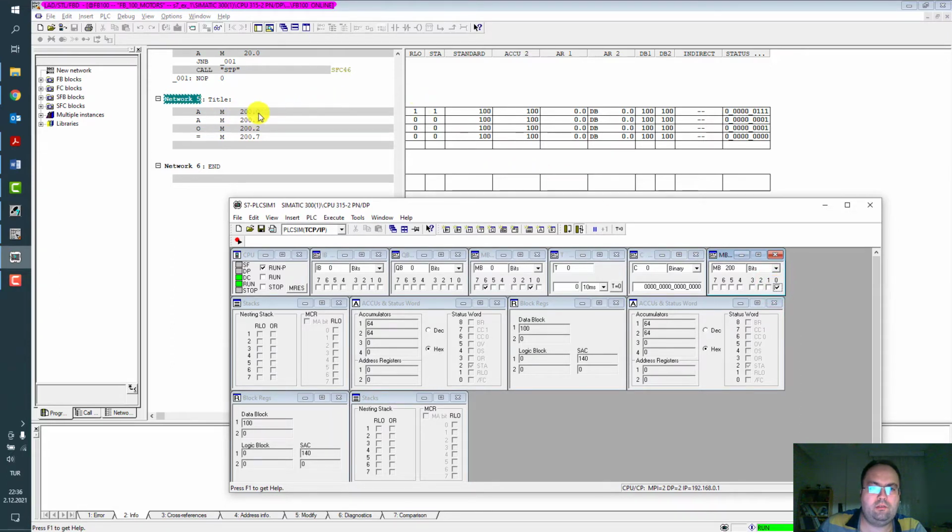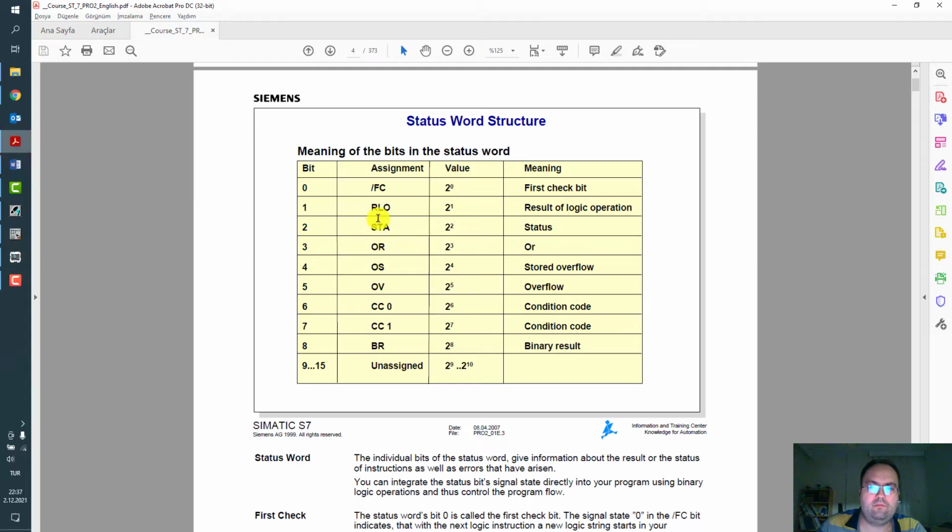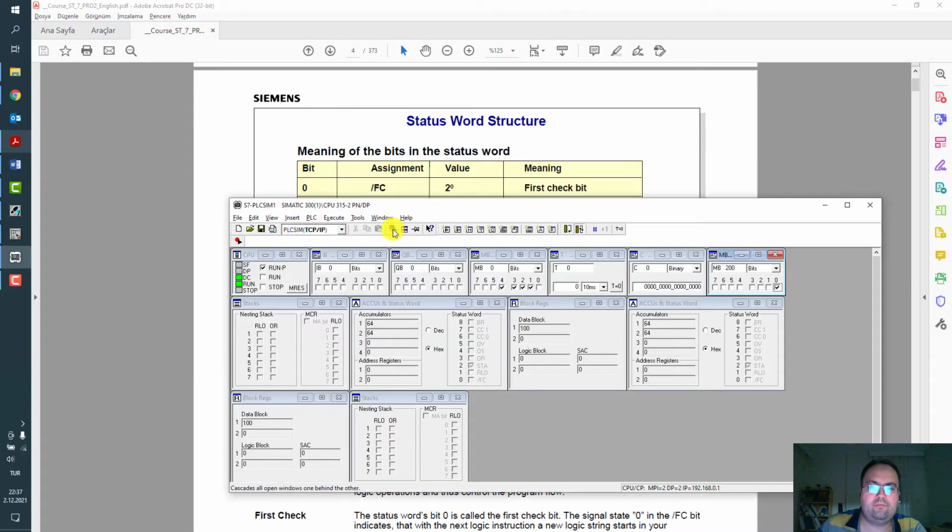Now you can see the second and third bits of status word is set to logic level 1, RLO and status.